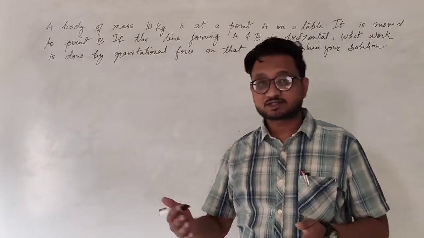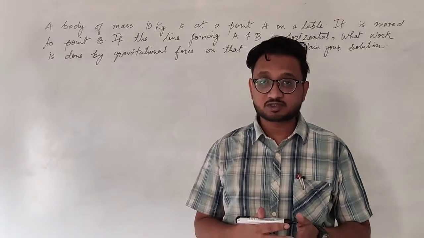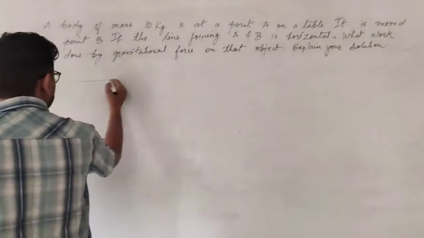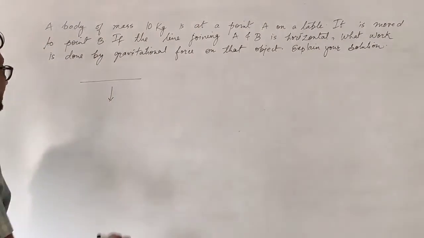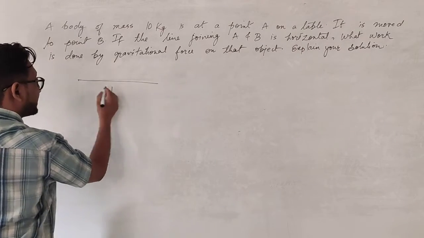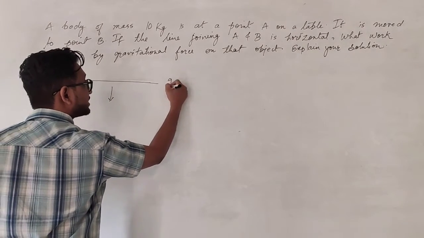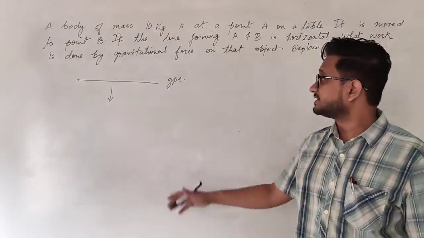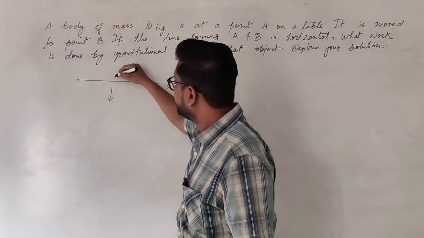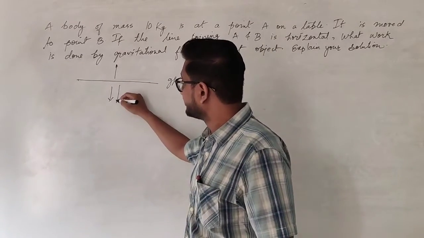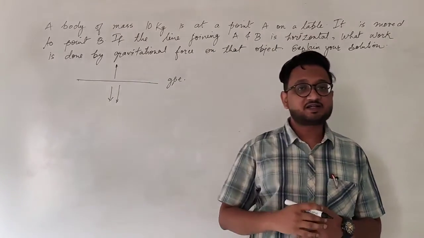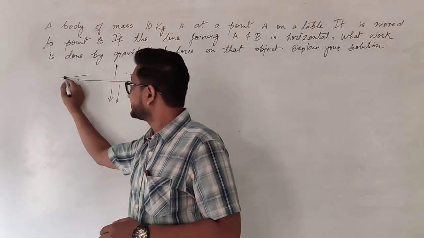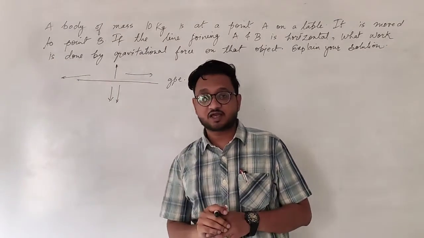Okay, so no work is done because, according to the gravitational force, the horizontal displacement is useless, because the gravitational force is acting downwards, and for a certain height, let's say this height, it has a certain gravitational potential energy. This energy will only change if it is going vertically upwards or if it is going vertically downwards. That is, if the height is increased or decreased. It doesn't care if there is any distance or displacement happening in the horizontal direction.